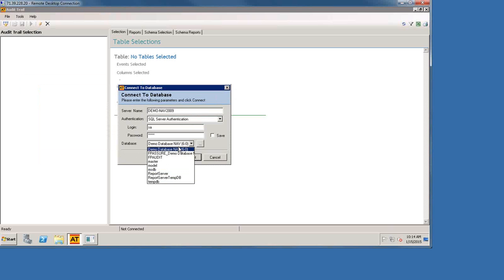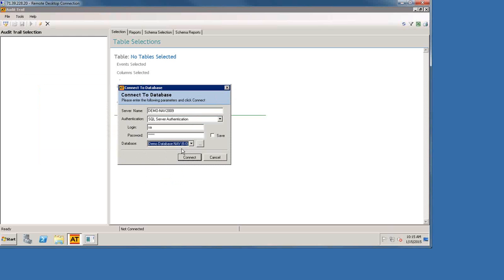There is a little bit more configuration that would have to happen. Fastpath knows the NAV tables and the underlying structure, so we could assist you with setting up audits when you want to audit NAV things. If they're different applications or disparate databases that aren't really Dynamics NAV related, you would have to understand a little bit more about that database schema and structure to be able to set up those audits, but the functionality is all there. None of the functionality changes, so you can absolutely do that.